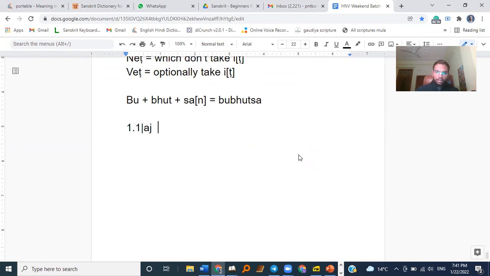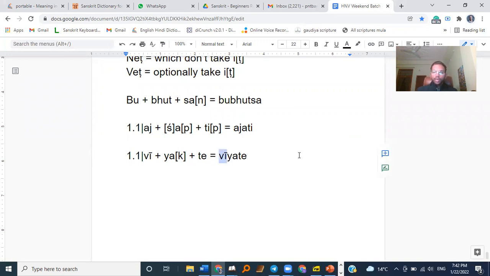So aj yukta tip, shab krishna dhatu ke kartari, and ajati. Like that, ajataha, ajanti, ityadi. And ajervi ghanam vina ram dhatu ke, when a ram dhatu pratyay is following, then aj gets replaced by v. So we get viyate and so on, right? And then while discussing v, we studied all the dhatus which are anit. So now we'll resume this v aj dhatu.